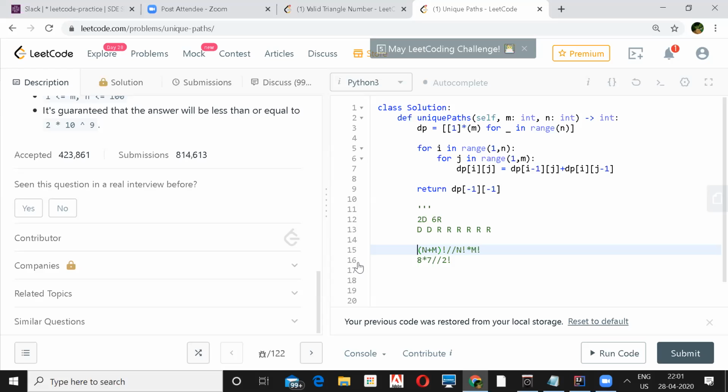And how will we calculate that D cannot come at 4 and R cannot come at 6? Still you have to traverse n into m, the entire DP array, and figure out where your obstacles are, and then you'll have to come up with this thing. It will become more complicated and might not be worth it. Then better use DP.